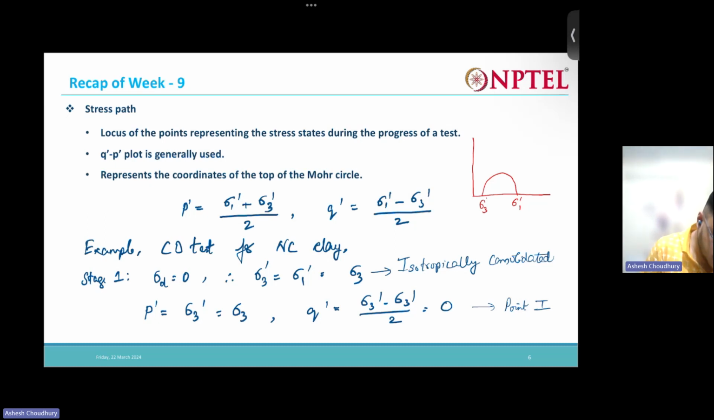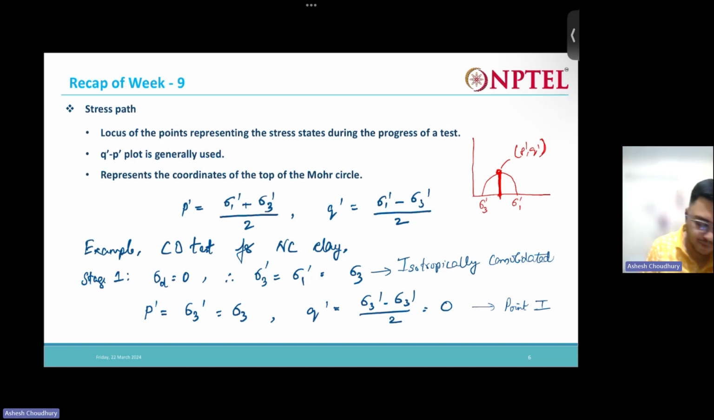So what is sigma 1 plus sigma 3 by 2? It is nothing but this point and this point, right? So this is p and this is q. So this coordinate of the diametrically opposite point to the center, right? This coordinate of this point is nothing but p prime, q prime. So the plot of the locus of these p and q, p prime and q prime points, that will give us the